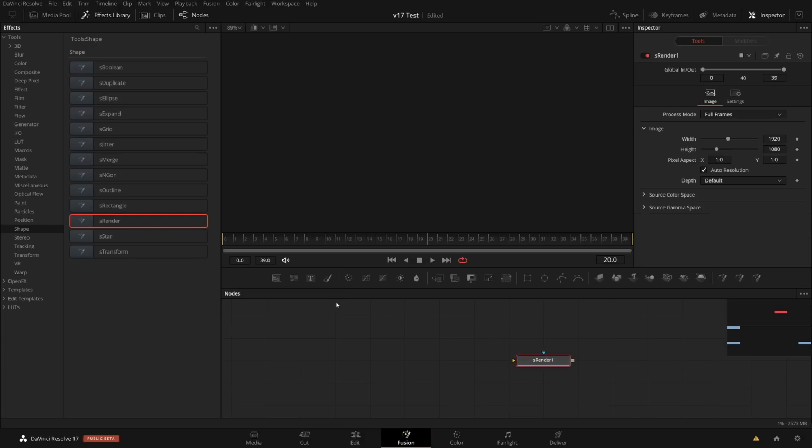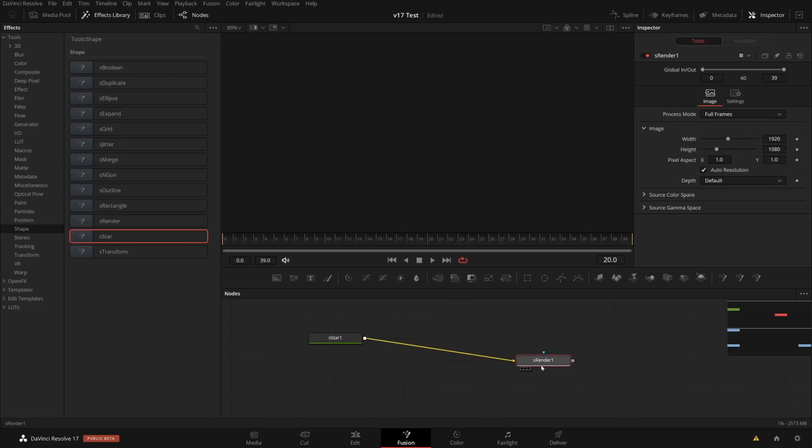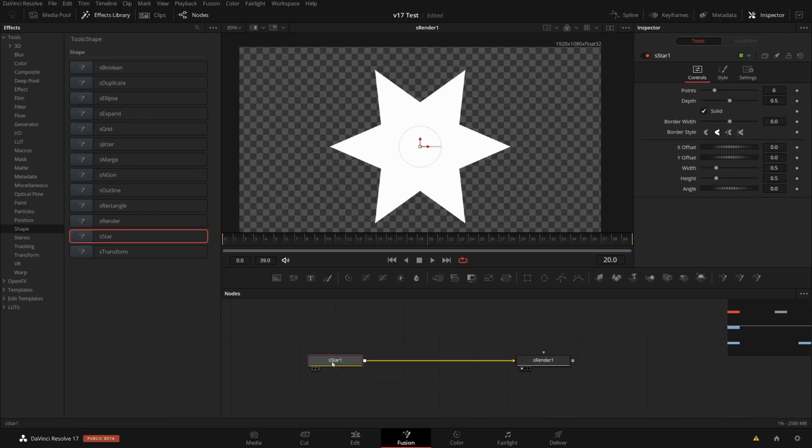Let's start from the back, and I can attach anything, like, let's take a star, for example, a star which is by itself generating the star, but you can only see it by looking at the render node. So this node here doesn't have image dimensions, it just has features to control the star, but it's being rendered here. And the advantage of this approach is now I can assemble lots of different elements here.